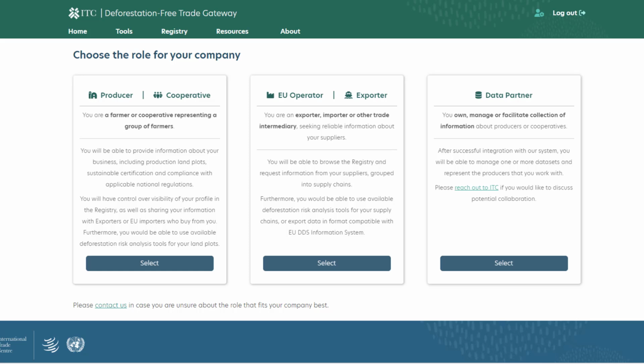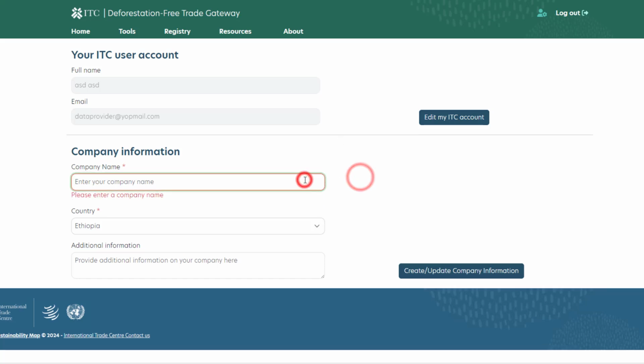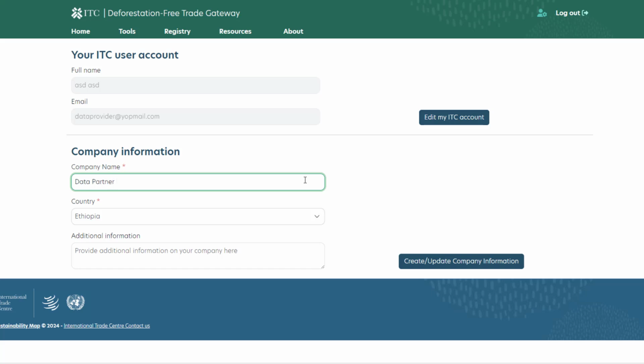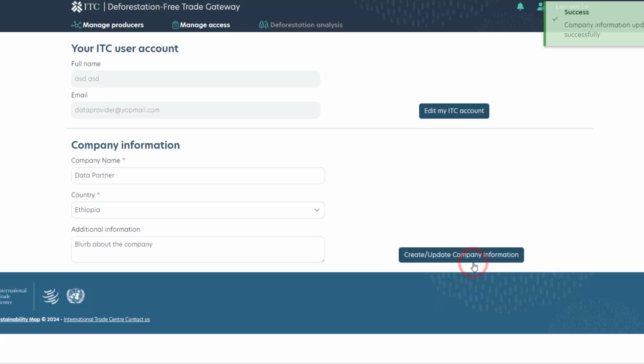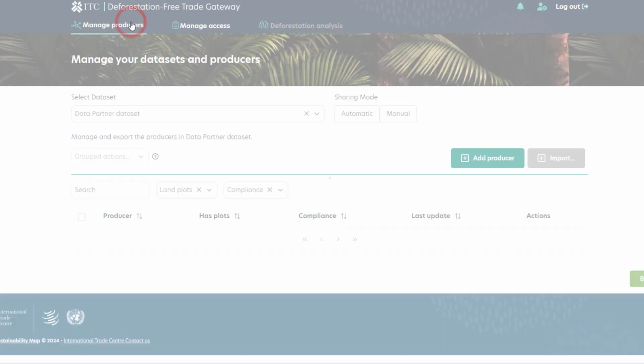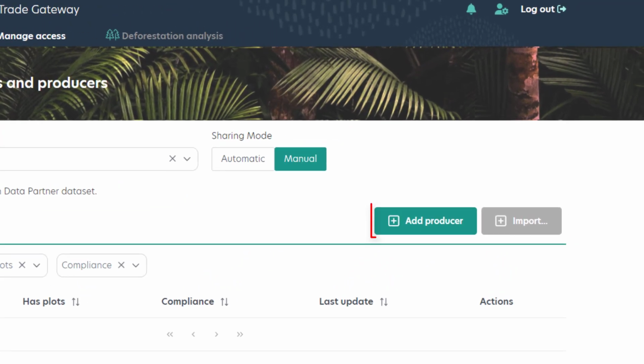Now let's focus on the last type of role that you can endorse within the platform, which is a data partner. As a data partner, you have to enter your company name, the country where you operate, and additional information to create your company profile. You are then redirected to your dashboard, which is similar to the dashboard of the cooperative that we saw earlier on, which provides features and functionalities to